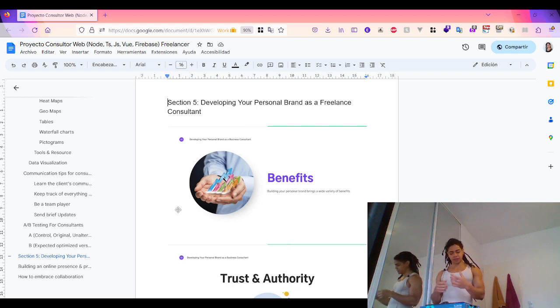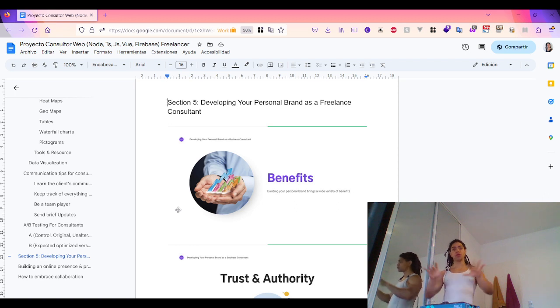And the benefit is that it allows you to build trust and authority in your field, which allows you to open up to more opportunities,